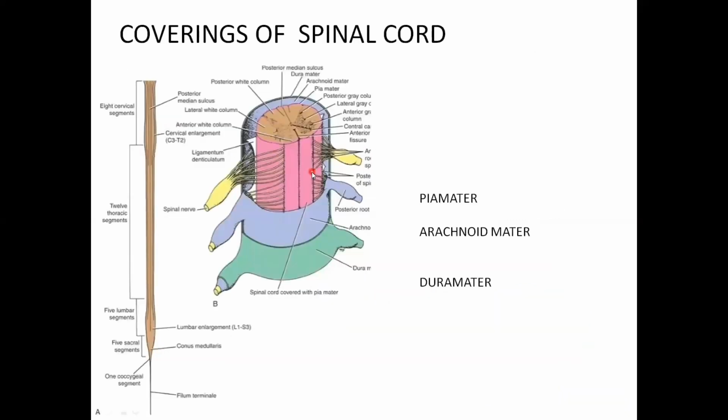Coming to the coverings of the spinal cord. So the spinal cord is also going to receive all the three meninges. From outer to inner, that will be the dura mater. The dura mater is the outer layer, the thick and tough protective layer. The arachnoid membrane, I told you, is thin, transparent, avascular, and loosely covers the spinal cord. The pia mater is again thin, transparent, vascular. It closely invests the spinal cord.